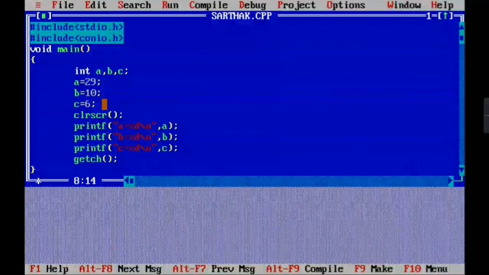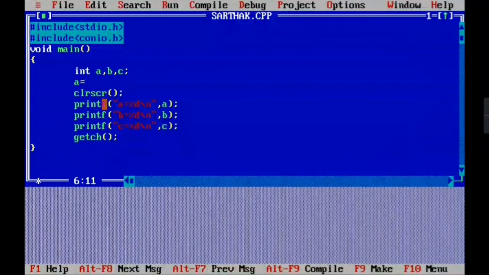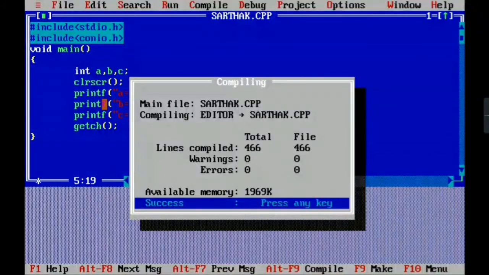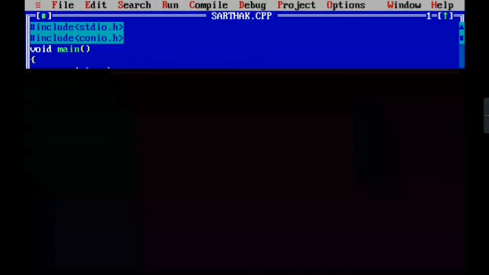Now you would be thinking: if we did not provide any number for a, b, c, what number would come in place of a, b, c? Let me show you that also, and it's quite funny. See, 0 warnings, 0 errors. Now Control F9.